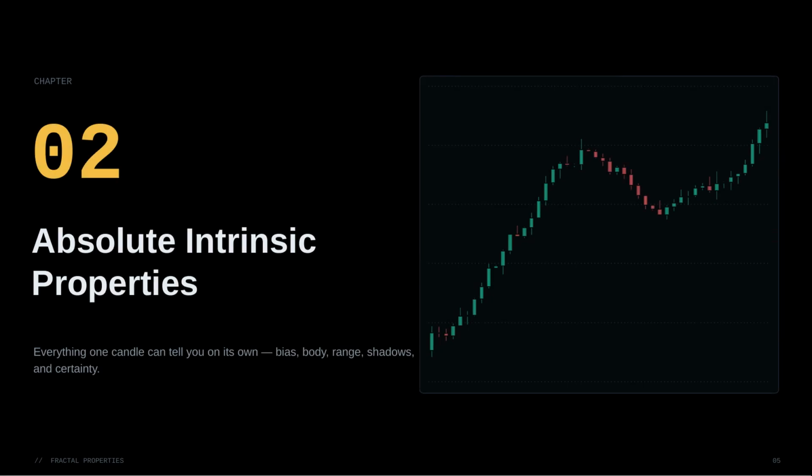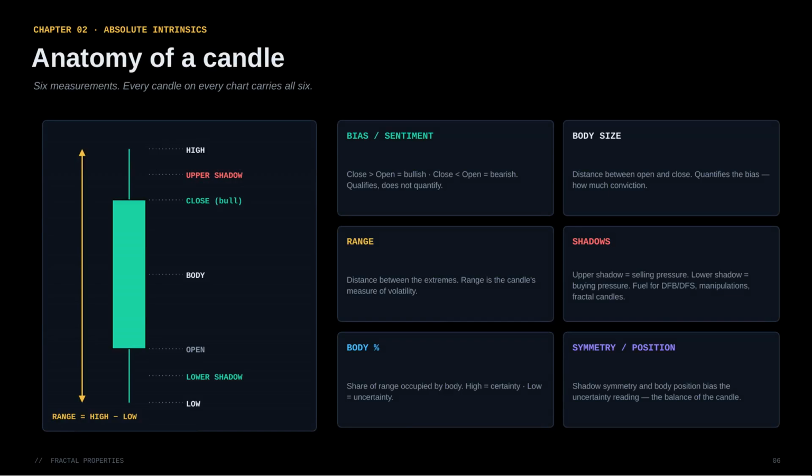Chapter 2. Absolute intrinsic properties. Everything a single candle can tell you before you even look at its neighbors. Every candle carries 6 measurements. Bias or sentiment. Close above open is bullish, close below open is bearish. This qualifies the candle but doesn't quantify it. Body size quantifies it. The distance between open and close is conviction. Range, high to low, is the candle's volatility. Shadows are pressure. Upper shadows show selling pressure, lower shadows show buying pressure, and shadows power everything from dynamic frequency